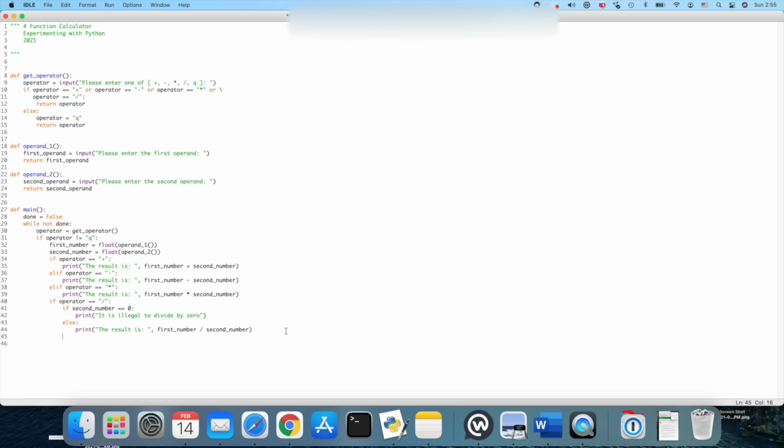Now what we need to do is go out to what happens. Okay, so this is our while loop. Done equals false. While not done, operator equals get operator. We're calling these functions. If operator is not equal to q, it's doing these. What if it is equal to q? If it is equal to q, we're gonna close this loop. We're gonna kill the loop. If it is equal to q, then done